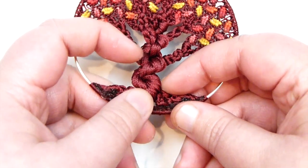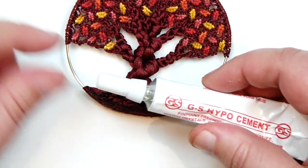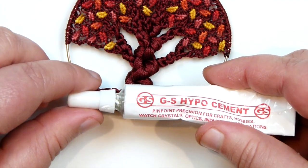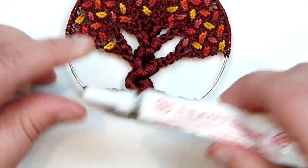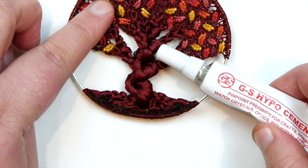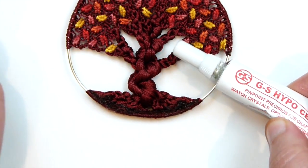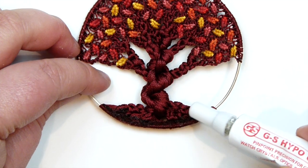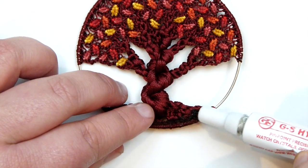And then what I do is I get a bit of my glue, whether you use this or something else. E6000 would also be a good glue to use. It also dries clear and it's really strong, and again it stays kind of flexible when it dries. So you just get your glue, go in around the ends and just put a bit of glue around all